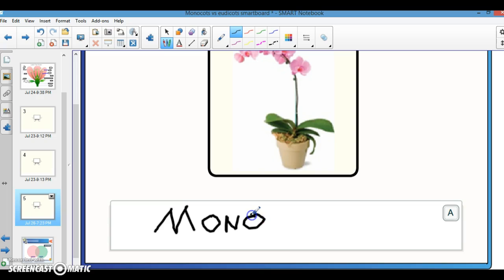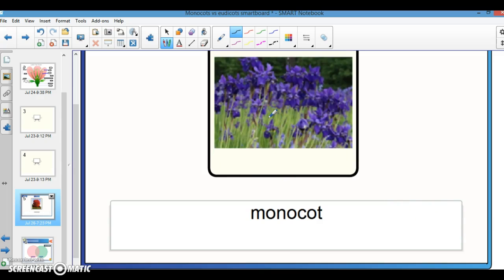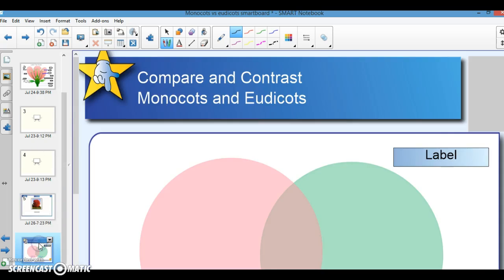So I do apologize for my handwriting. I don't have a mouse, so I'm just kind of doing this with the keypad on my laptop. So here we go. There we go. Monocot, it checked off, and then it just goes to the next picture. Have another student come up and identify it, and then you can move on to the final slide,